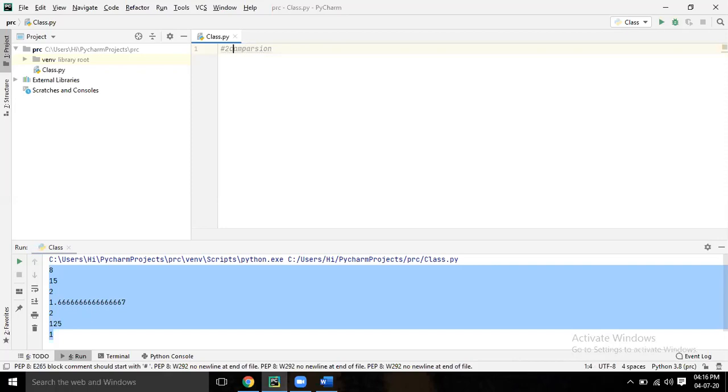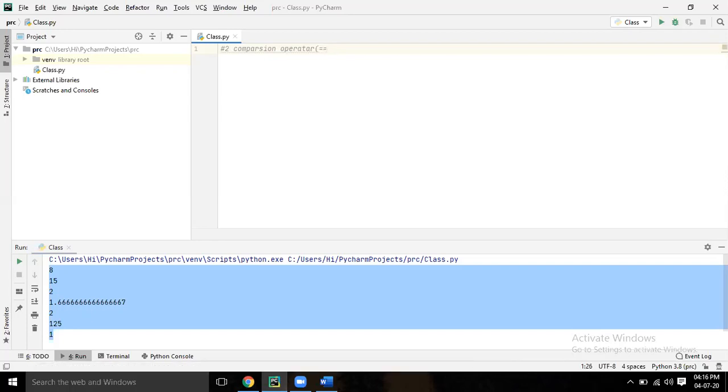Comparison, spelling COMPARISON. So within the bracket you write double equal to, equal to two times.